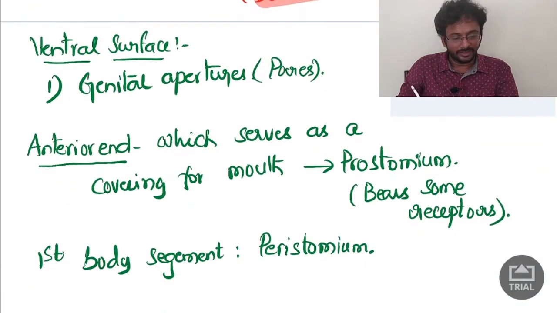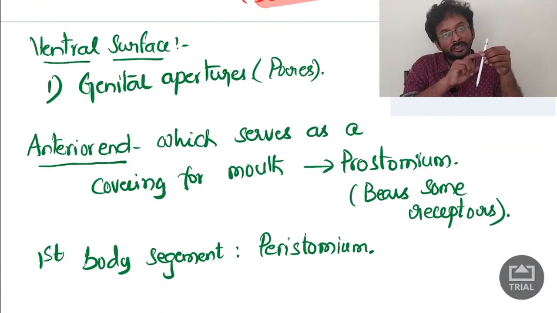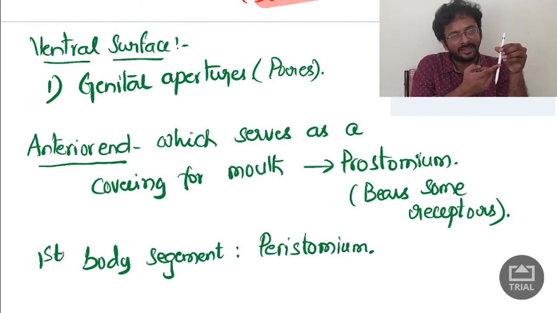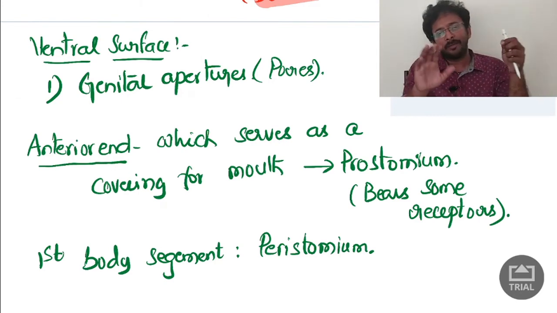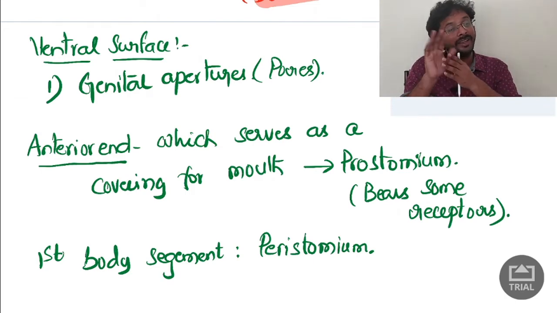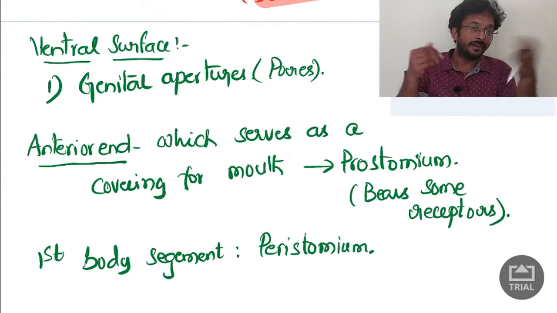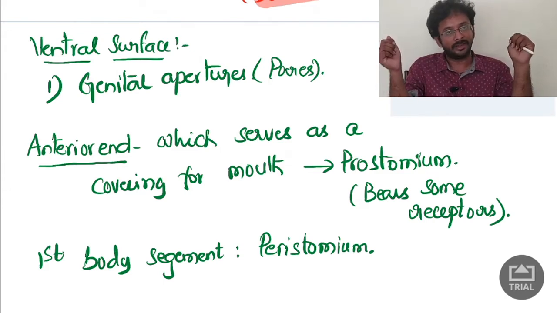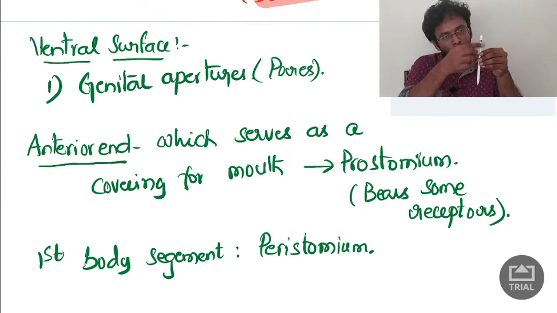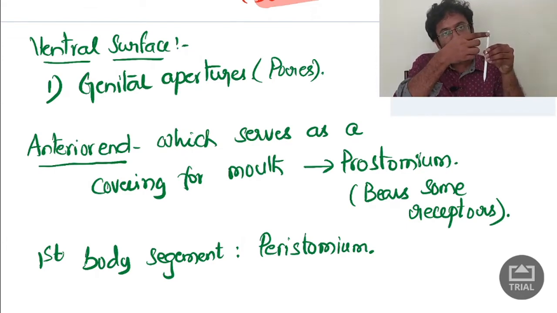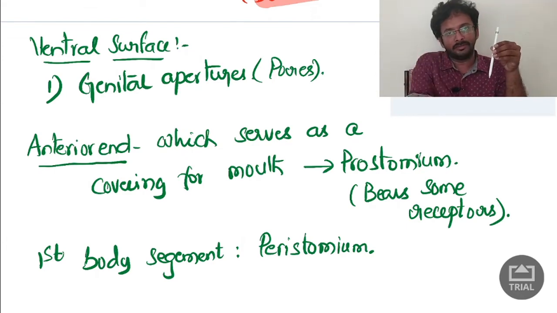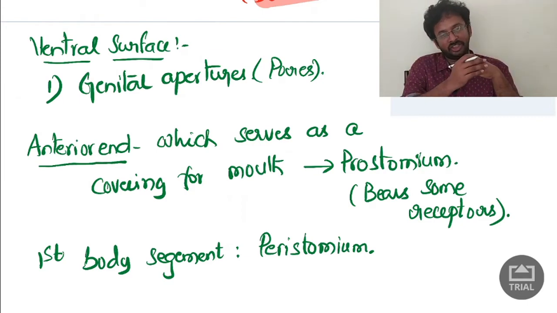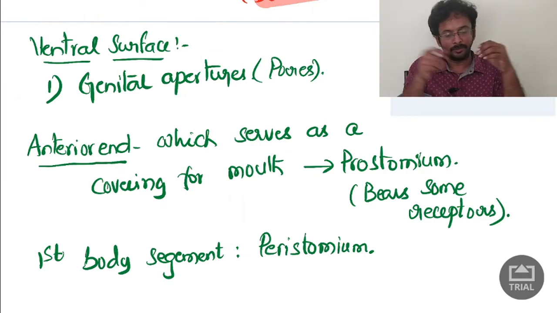Whereas the ventral surface is light in color, reddish brown, dark brown on the dorsal side. For example, if you take a leaf, one side will be dark green, and another side less green. Why? More chlorophyll, dark green; less chlorophyll, light green. Similarly, the dorsal side of the earthworm contains blood vessels, in the middle of the dorsal surface. Coming to the ventral surface, it has genital apertures, male and female genital pores.